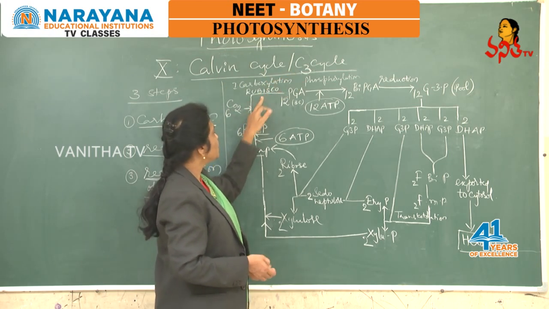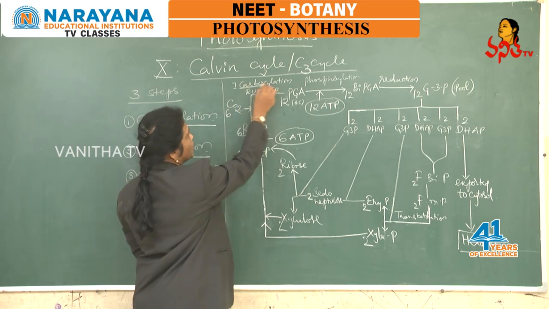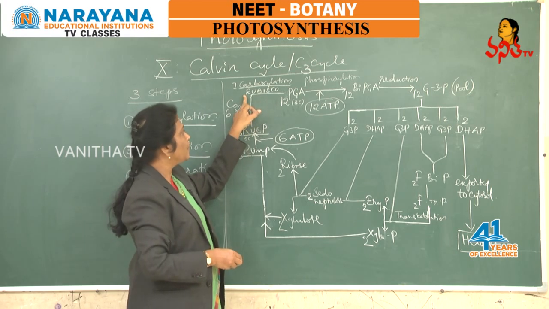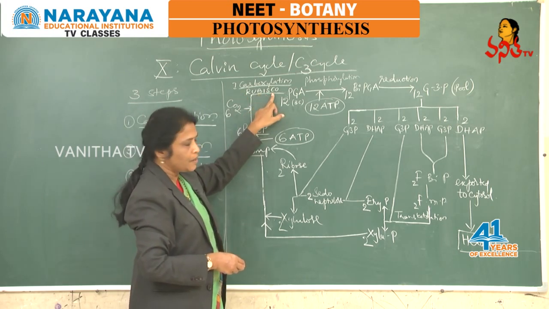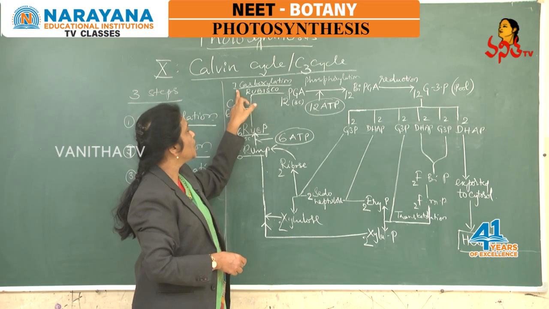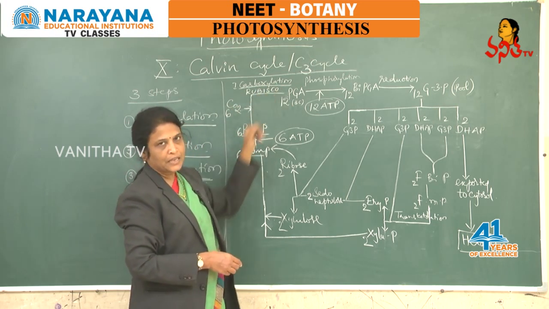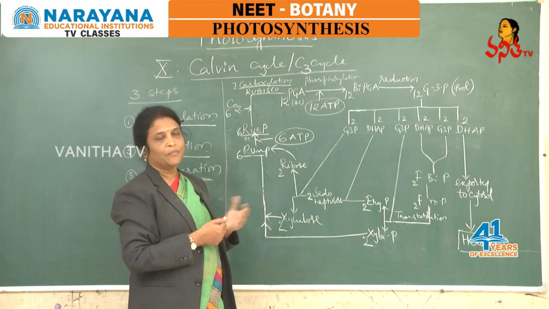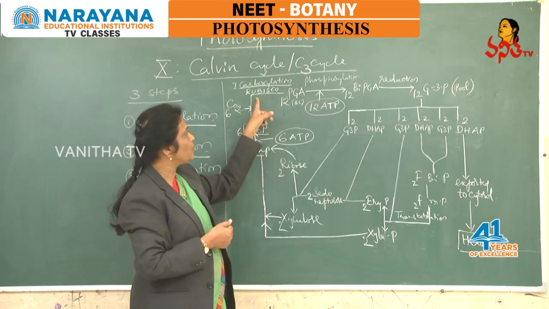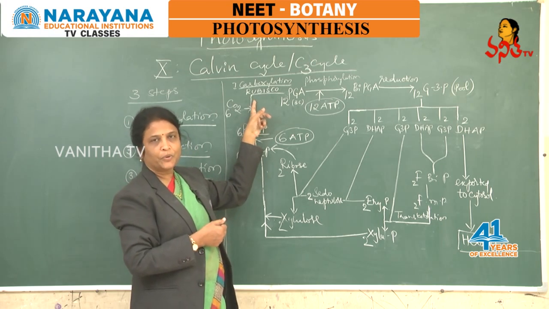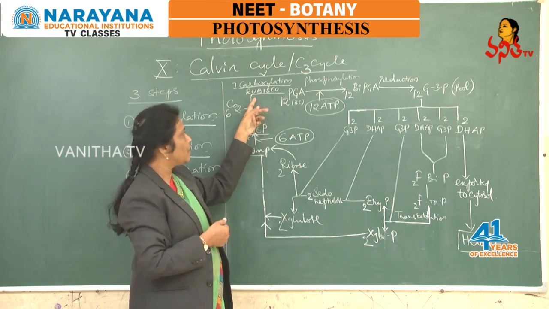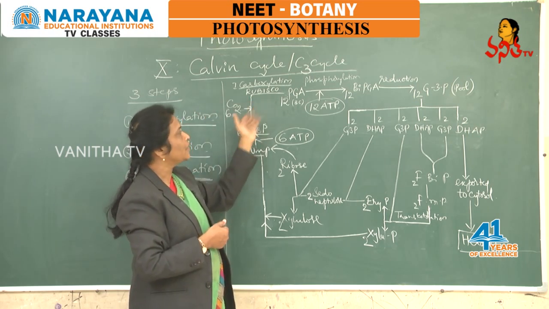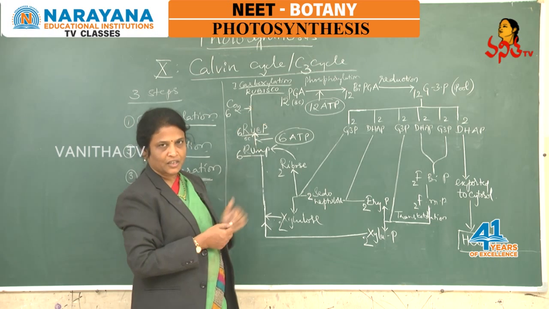And now, let us follow the step: carboxylation is catalyzed by an enzyme called Rubisco. All of you follow here. This is the name of the enzyme Rubisco involved in carboxylation. You may all recollect Rubisco from biomolecules that you studied. Rubisco is the abundant enzyme protein found in the plant kingdom, and it is found in the stroma of the chloroplast, and it is involved in the Calvin cycle reactions in the carboxylation phase.